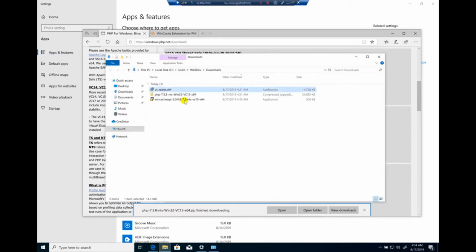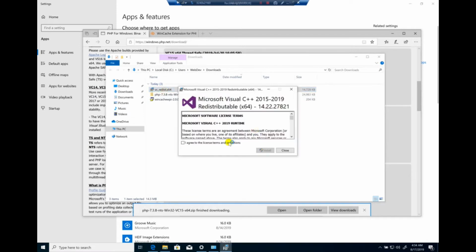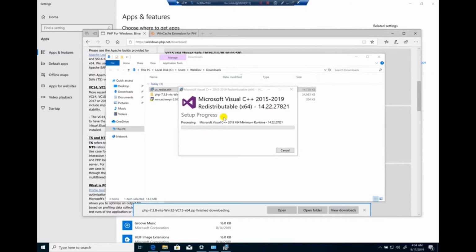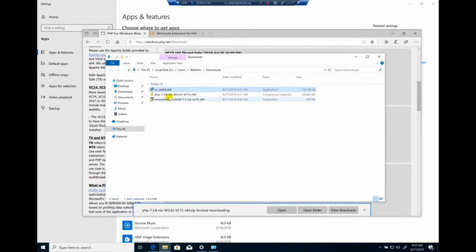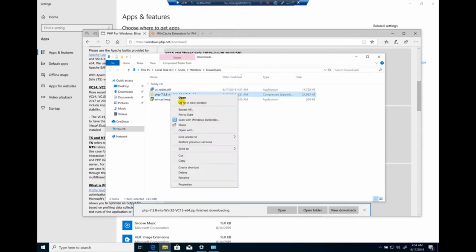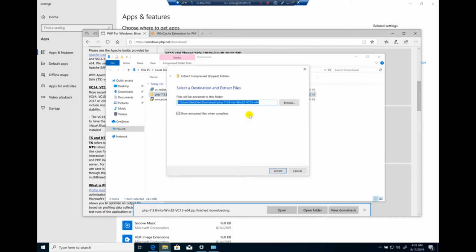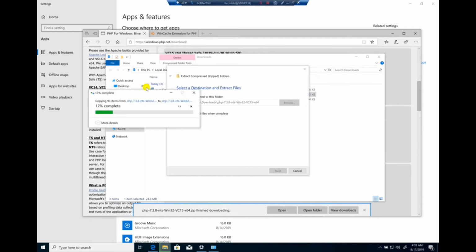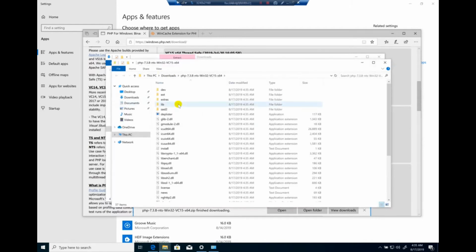After download is done, I will just run the VC first. Say agree, install, yes. So now first part's done. Now the second part is to extract the PHP. I will just extract it to the same folder here in downloads. Then I will move it to the C drive. So this is the folder. I'll just select everything here,